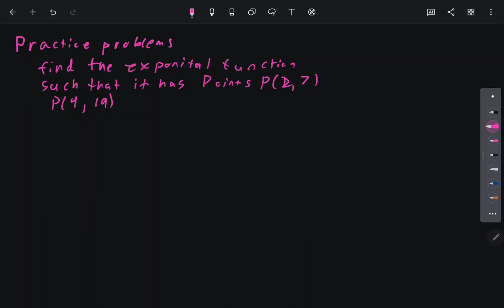So the way that we are going to do this is we know we have a basic function y is equal to a